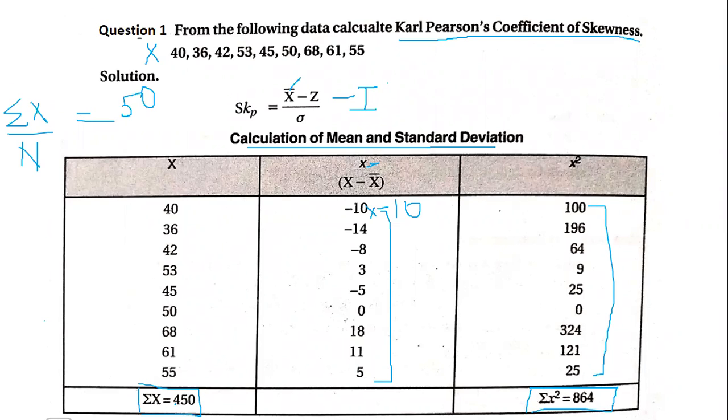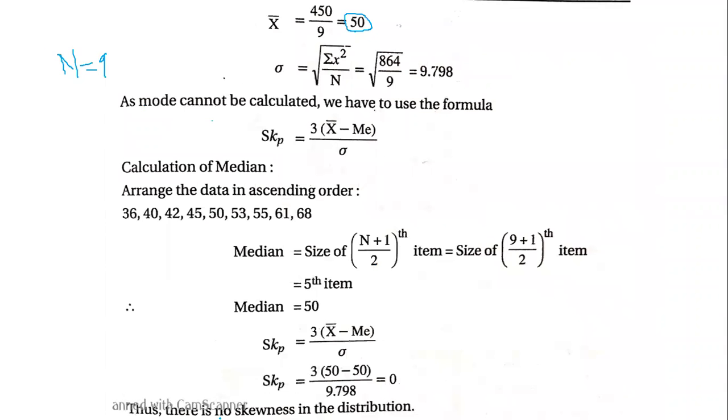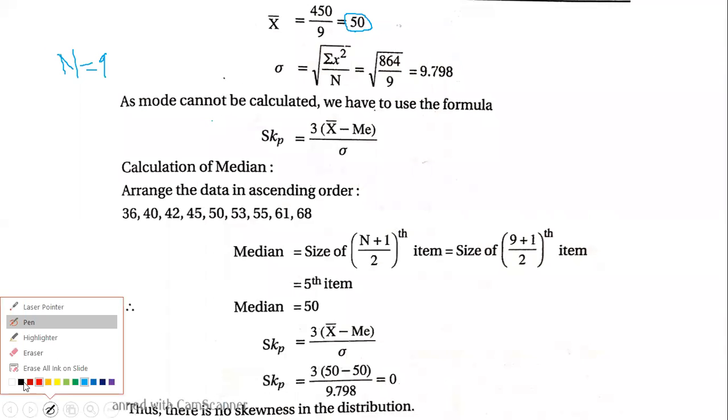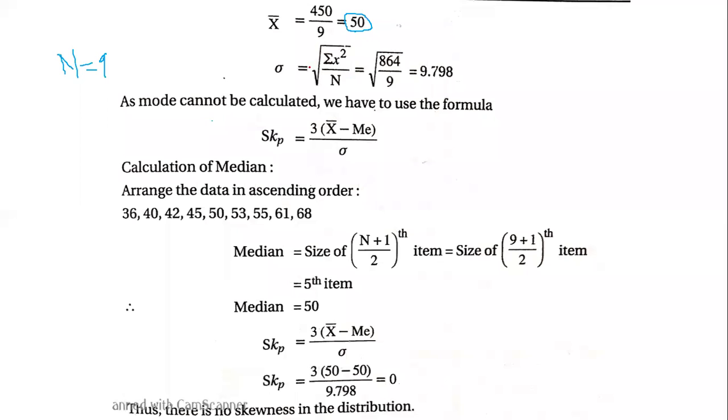Now we have three major numbers for calculation of standard deviation. That is n, we already know what n is. Then we know sigma x, and then we know sigma x square. Okay, now let us calculate standard deviation. The formula for standard deviation is very simple for an individual series. That is going to be square root of sigma x square by n.